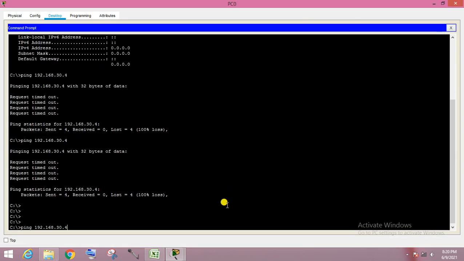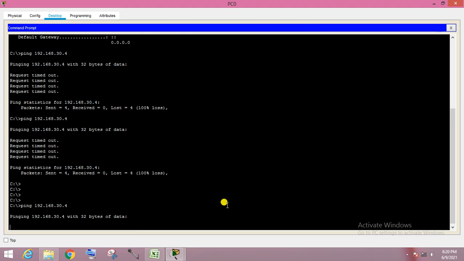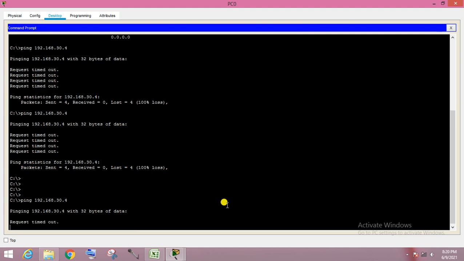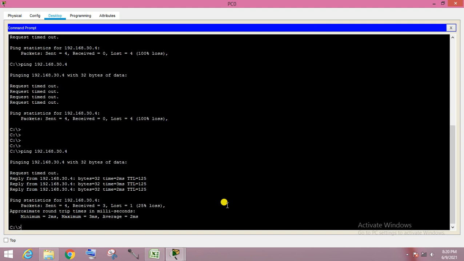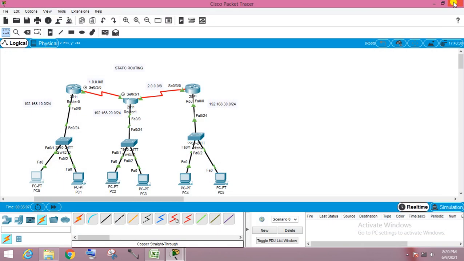It was not pinging. Now check. Okay. Now it's pinging. What was the mistake? The mistake was that we had not given the default gateway. That's why it was not pinging. Okay. Suppose your PC is connected with another switch under the network, then it is compulsory that you have to give the default gateway.